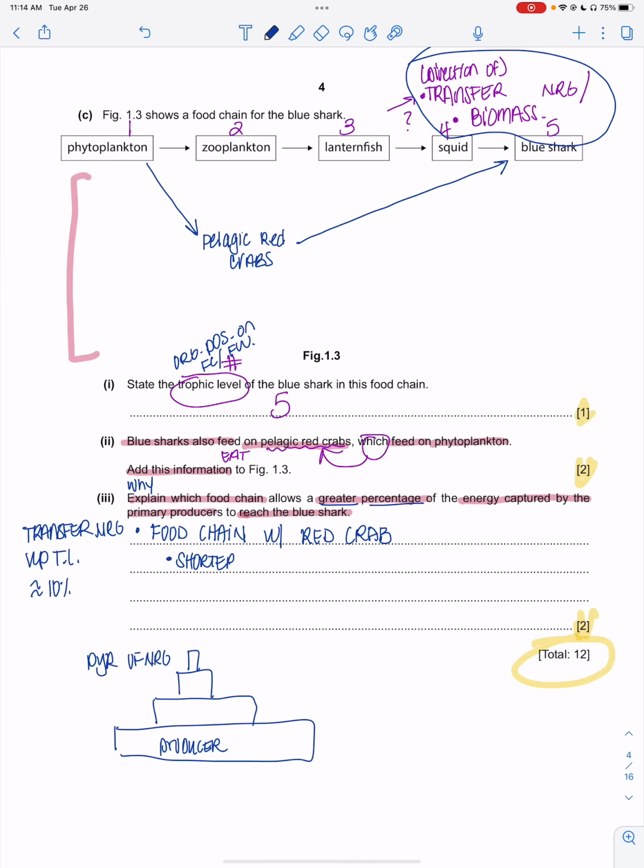So one way for your why you can say is it's a shorter food chain. Or, and it doesn't say you're not limited to just two, like suggest and explain one reason, but it is 2 marks, right? So here's your one answer, that's 1 mark, and then this is going to be the other mark. Or you could say there is less energy loss between